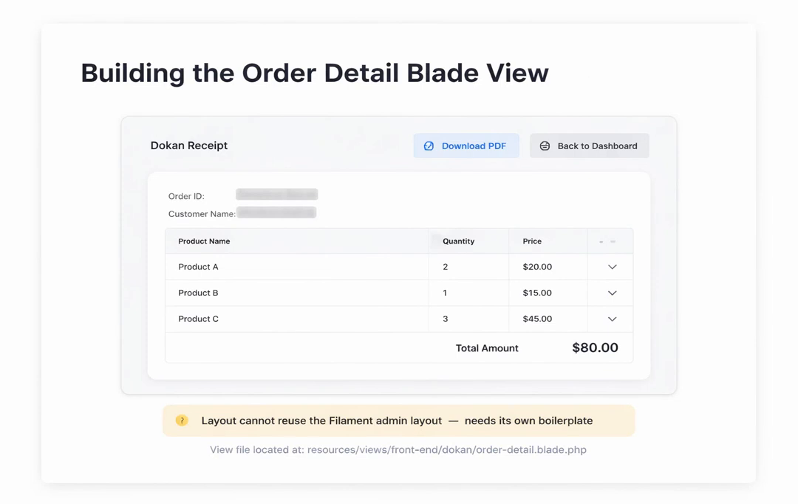The blade view for the order detail page needs to be built from scratch. It can't reuse the Filament admin layout, because that layout is specific to the admin panel. It won't work on a front-end route. So a fresh boilerplate is created. The page shows the order ID, customer name and email, a table of order items with product name, quantity, and price, and the total amount. There are also two buttons, one to download the receipt as a PDF and one to go back to the dashboard. The view file is placed in the